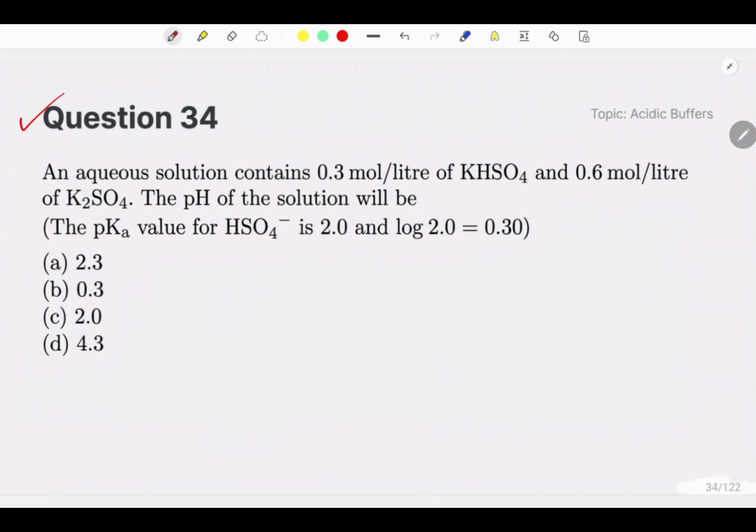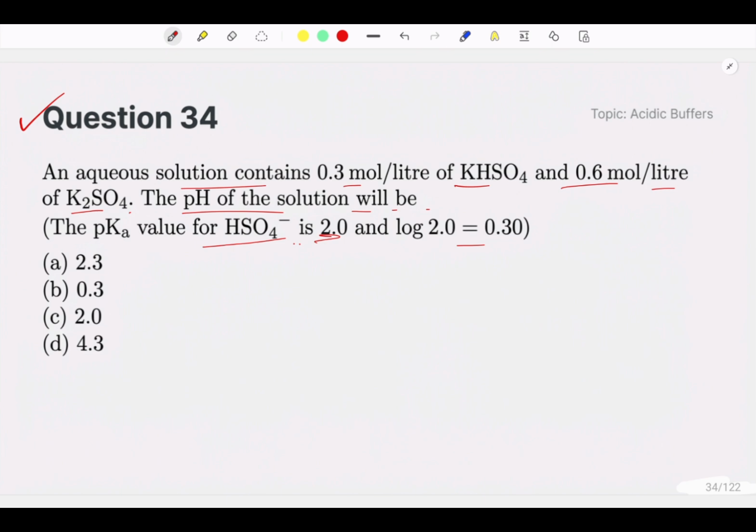In question number 34, an aqueous solution contains 0.3 molar KHSO4 and 0.6 molar K2SO4. The pH of the solution will be... the pKa value of this is given, okay, fine. So this is